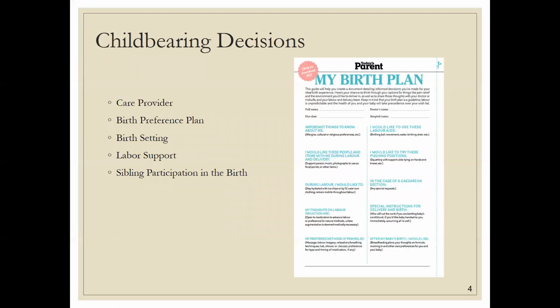All right, so childbearing decisions. Birth plan. A birth plan identifies aspects of the childbearing experience that are most important to the parents. It sets priorities for the birth experience. So they can take their birth plan with them to their visits, to their provider, to the hospital, or wherever they plan to deliver. And all of the expectations should be discussed before labor, not, "Oh, I'm in labor now, I need to discuss what I want to happen or what I envision." Every woman will envision how her labor will go. So at least if she has some sort of plan, she feels like she has more control.